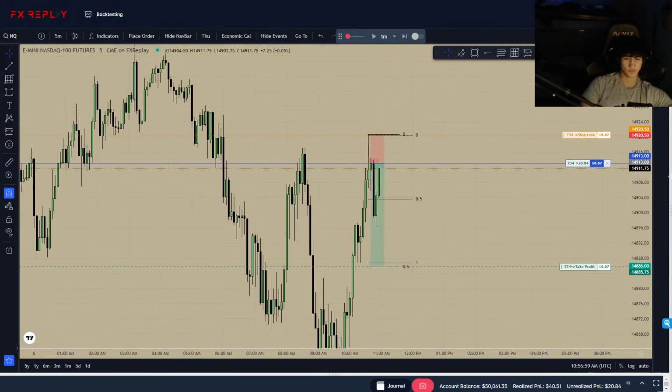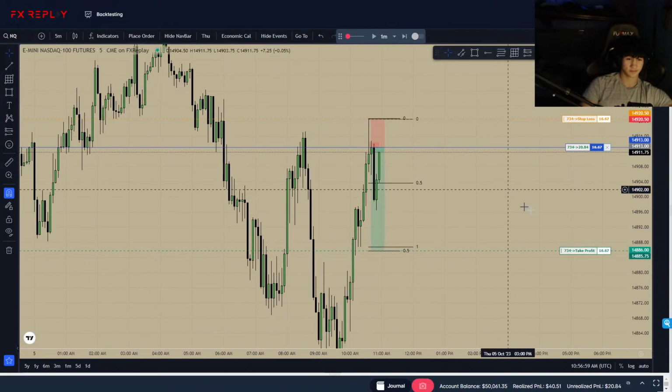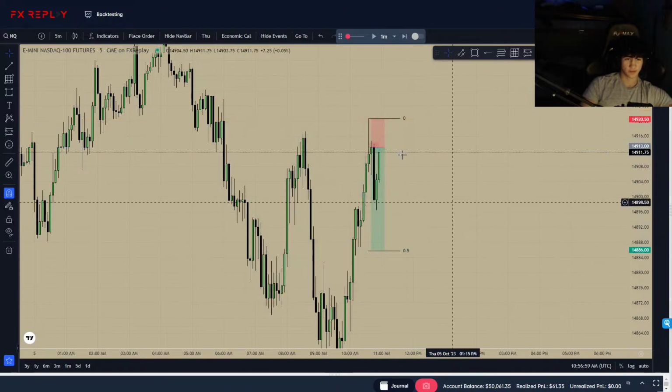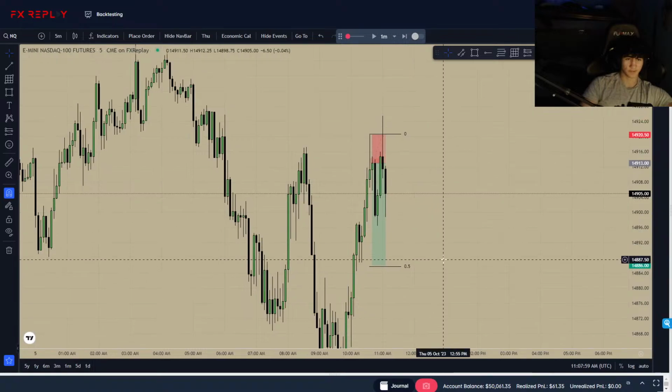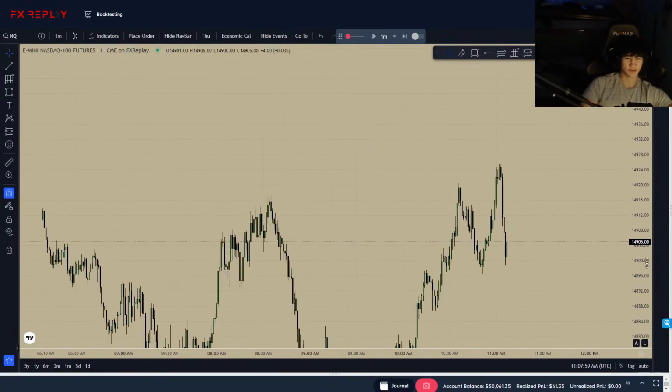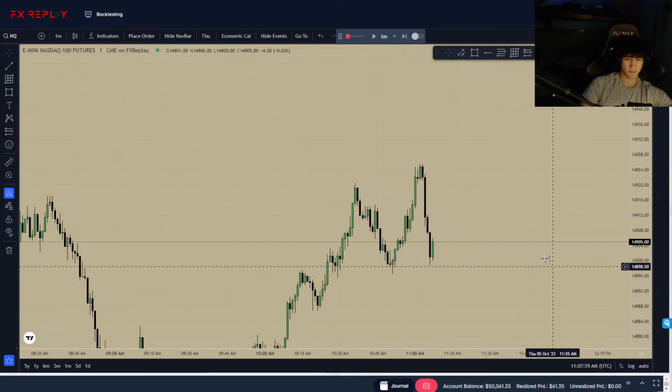Cut it or hold it? Because I want to cut it. Yeah, cut it. Cut it, alright. Now watch this displacement lower. No, I'm kidding. We just ran out this high. That would have taken us out anyway, so there's no reason to stress it. Seems like we're just chopping around.